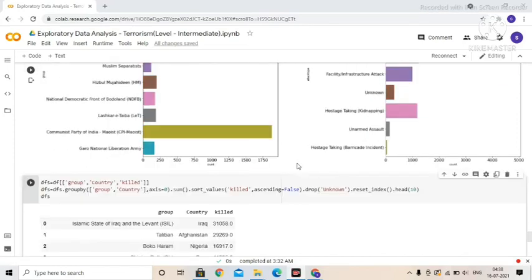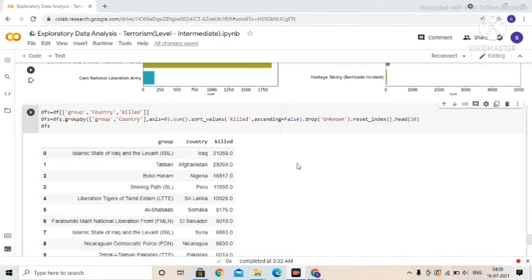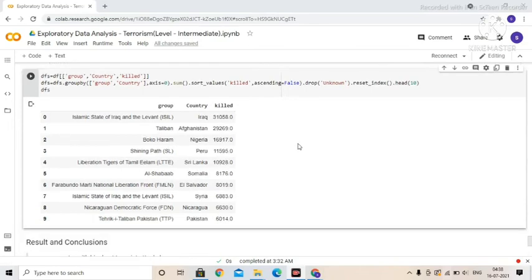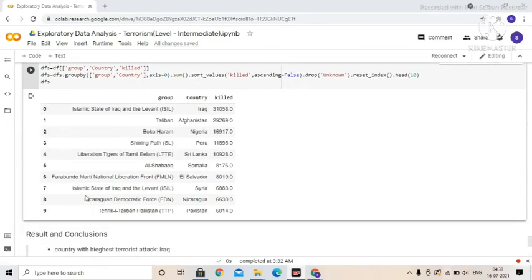After this, we have got a new data frame of group country versus killed. This is the new data frame to get a brief overview of the country group with the country and the number of people killed.